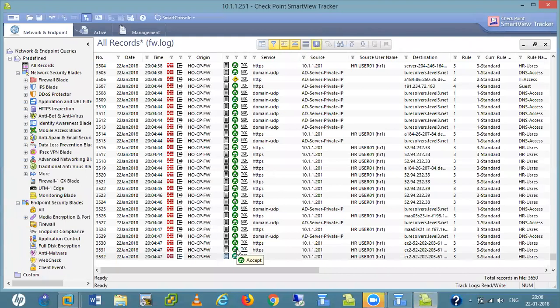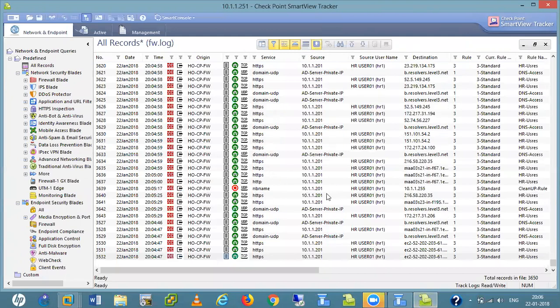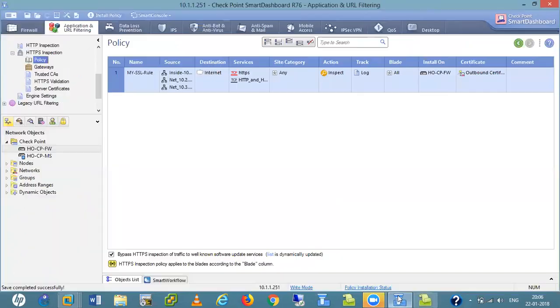Actually, we get one log here. It is inspected by some blade. We didn't enable the blades, maybe that's why. So not an issue. First, I enable the blade. After that, we verify this.